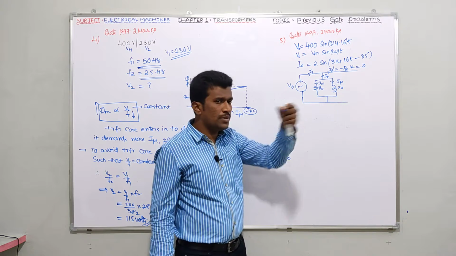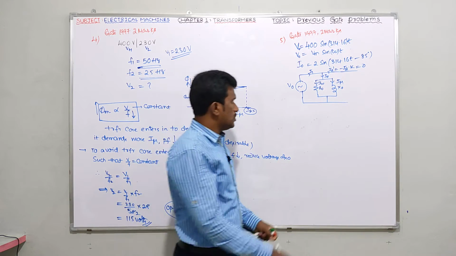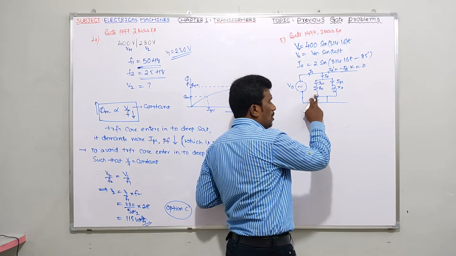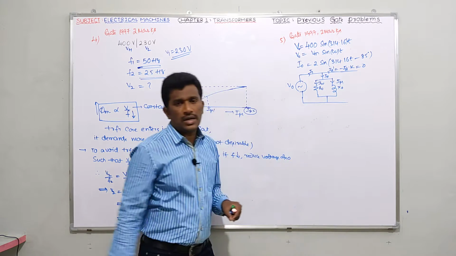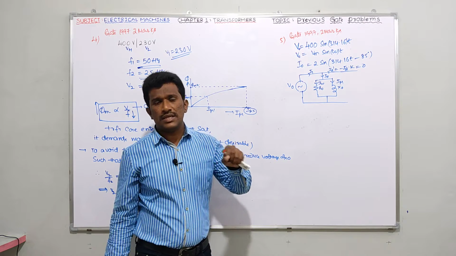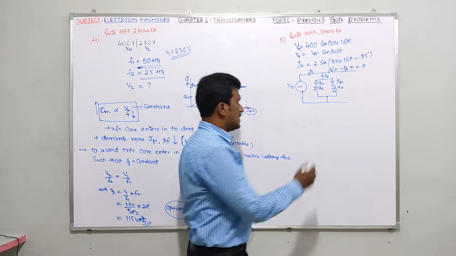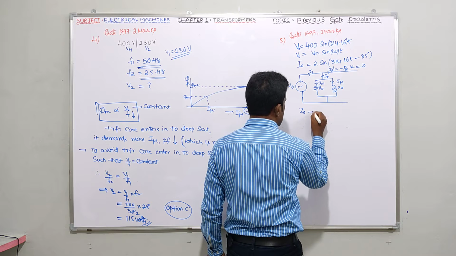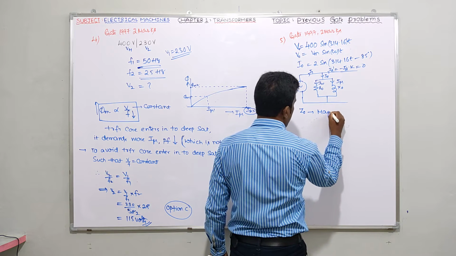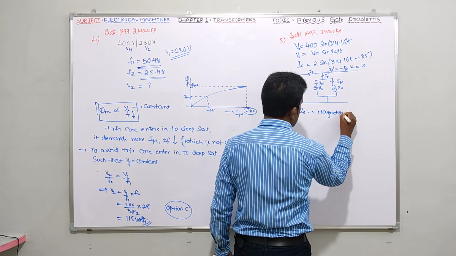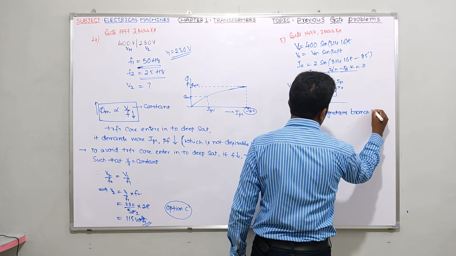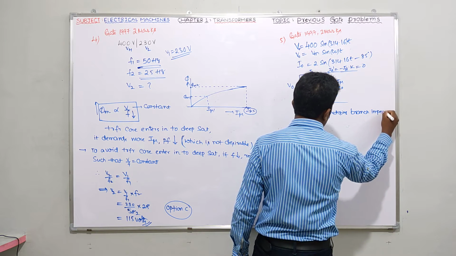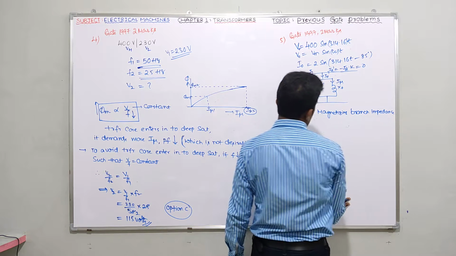Because like this I have given so many nomenclatures. And in addition to that, Z naught means the parallel combination of your R naught and jX naught, that is nothing but Z naught. So for that Z naught, we know the nomenclature given: magnetizing branch impedance of the transformer. This one is asking to find, simple.